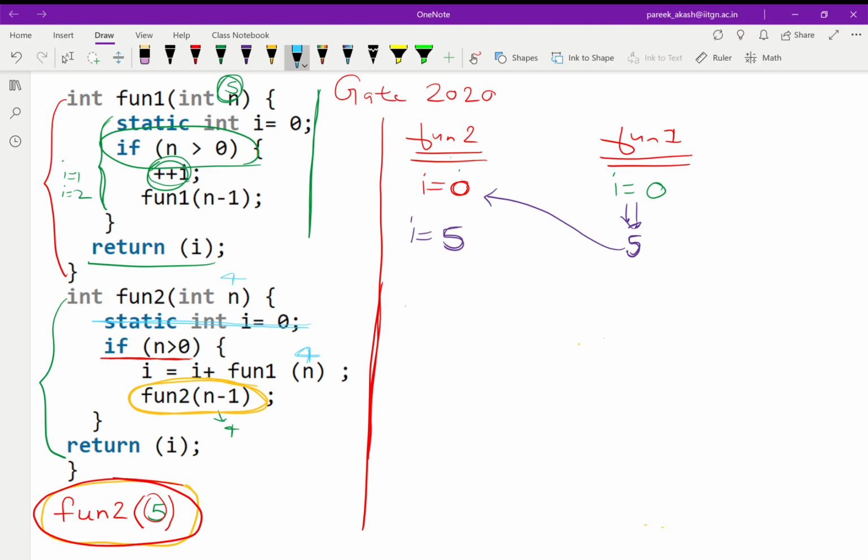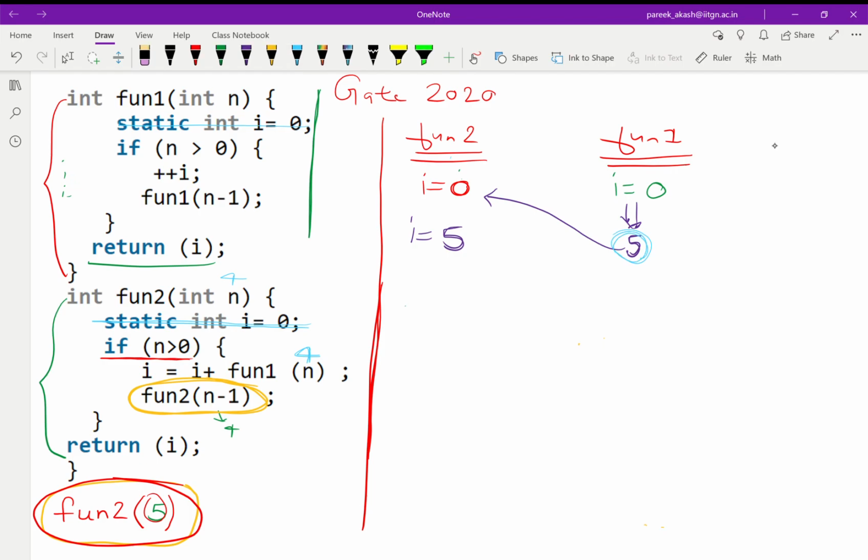And we know what function 1 will do: it will add 4 times and it will return. But remember one thing again, initially static int was 0, and when we gave it 5, it returned 5. But now this line is not there, and the current value of I is 5, so it will add 4 to this current value.